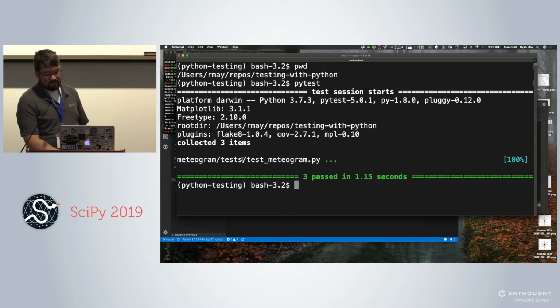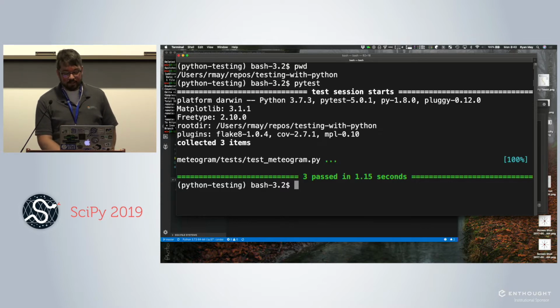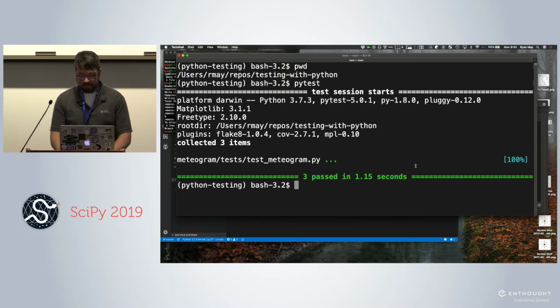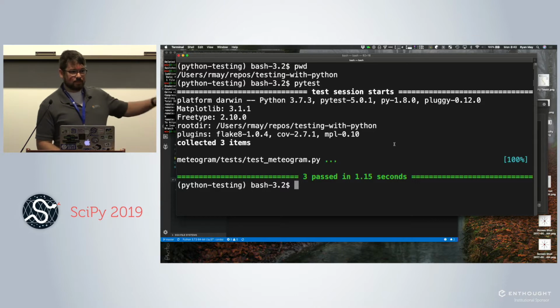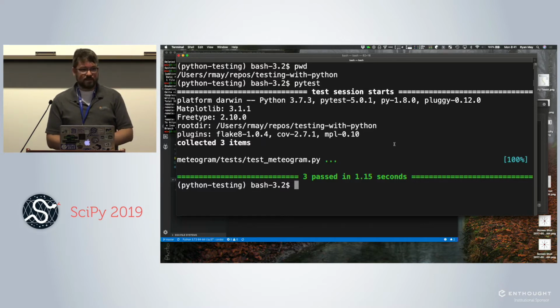We can see in the file test_mediogram.py 3 green dots, each of those representing one of the tests. If we had multiple test files, which is perfectly legal, we would see all of those files listed with the tests after them. This is using what would be called the Hollywood principle of don't call us, we'll call you. So this gives you very little output on things that were successful, but if something fails, we're going to get a more verbose output. And that's really what you want in a test framework. If everything worked, you don't need to see lots of output. You need to see output for things that failed.